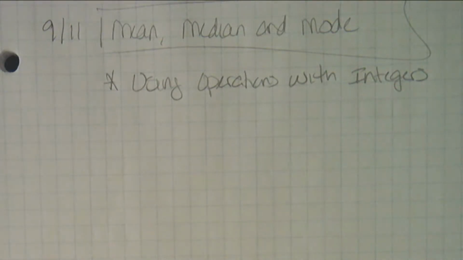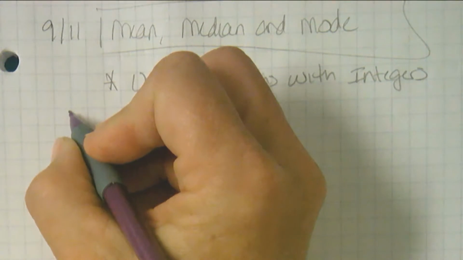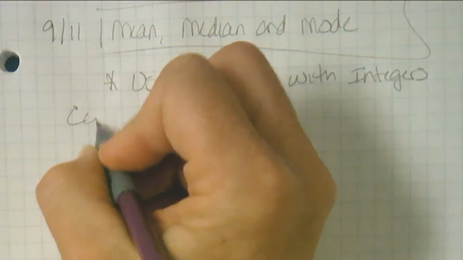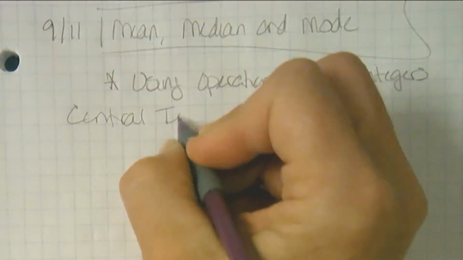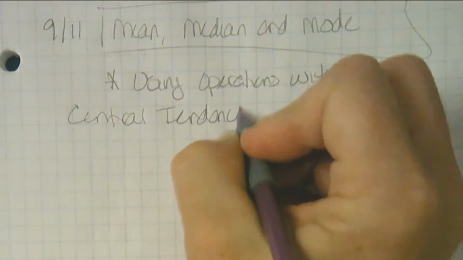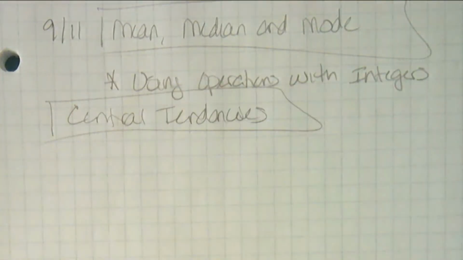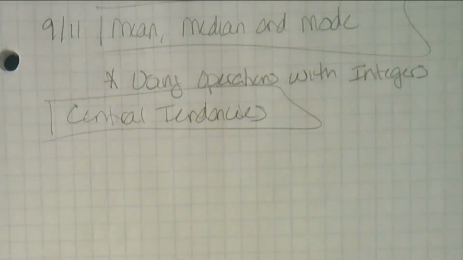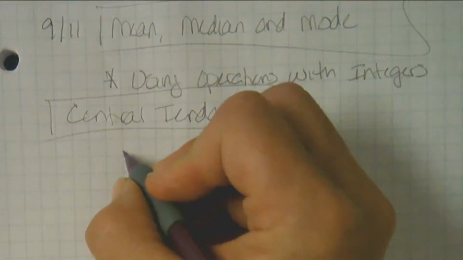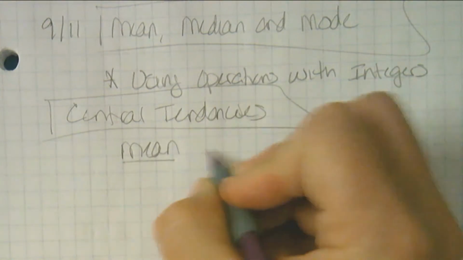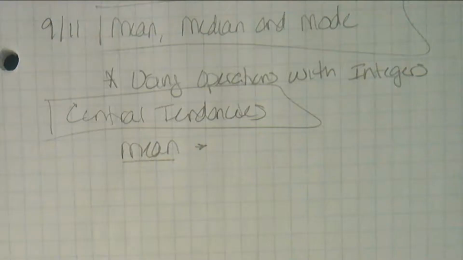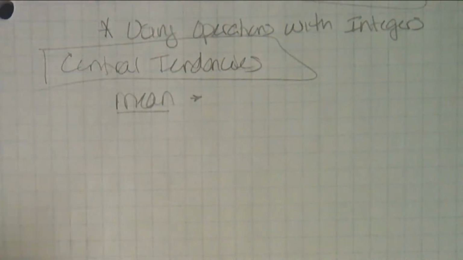All right, so these are called central tendencies. Central tendencies are your mean, your median, your mode. Let's talk about what they are. What is mean? If someone said to you, explain to me what mean is. And again, it doesn't have to be a perfect out of the dictionary definition. What is your understanding of mean? Amanda?